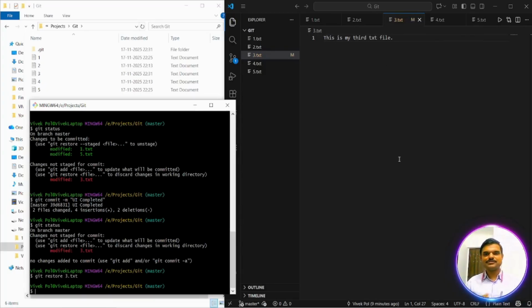So in this way we have seen just the beginning of our version control. How we can go back to our previous version, how we can commit the changes, how we can edit the files, put them into the staging area, and then push them to our GitHub repository, and how we can recover the previous version of any file, coding file, txt file, using the git restore command. So this is all